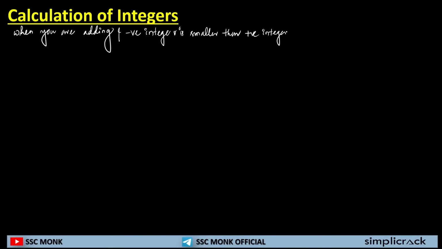Now, when you are adding a negative integer and a positive integer, and the negative integer is smaller than the positive integer, then it will be subtraction